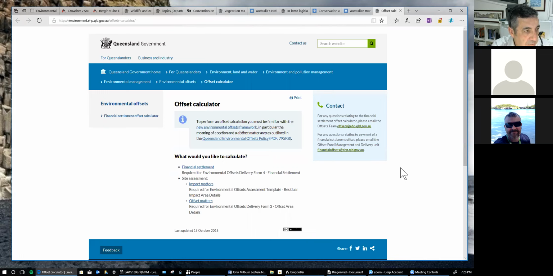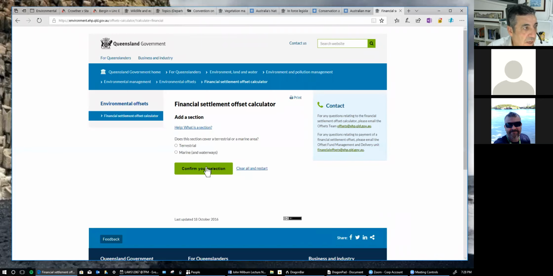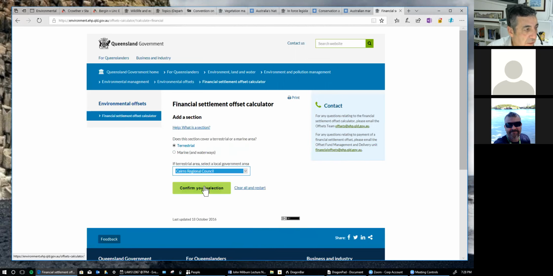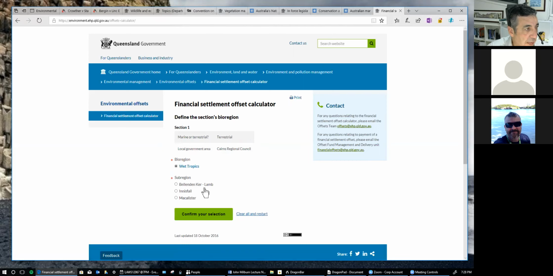And you'll see that there are templates and forms. What I'm going to encourage you to do is undertake some homework by clicking on the calculator, particularly say financial settlement, and working your way through that by answering a number of questions, hypothetically of course, and see if you can come up with some idea of what this is all about. So for example, if we're dealing with terrestrial or marine, we make a choice. If it's terrestrial, we select an area, let's say Cairns, confirm the selection, and then follow through, just hypothetically, and